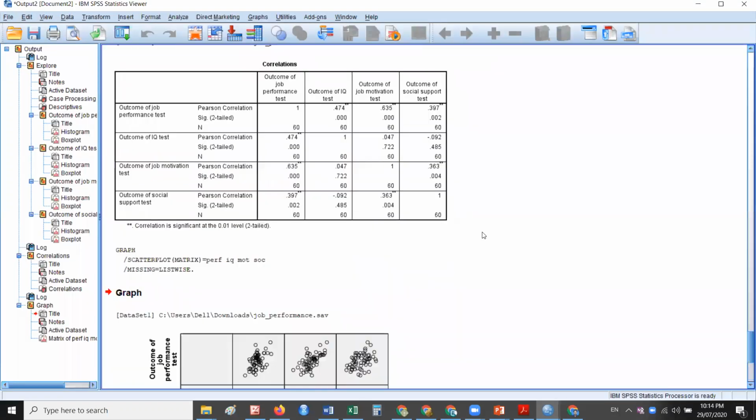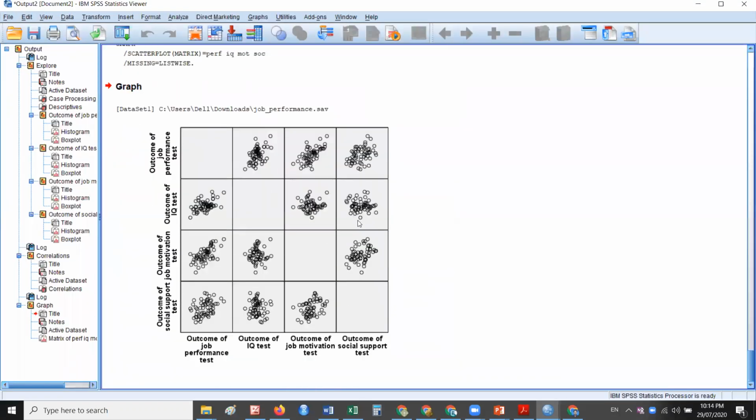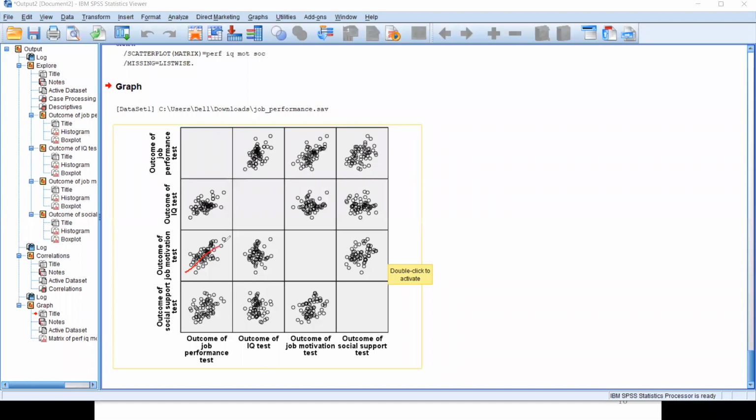Just click OK. We have this matrix. This matrix is indicating that all the correlations are positive. We can see that these are positive, here are positive correlations, these are positive, and so on. This one is not too nice because it is about zero correlation. This is a good correlation, this is a good correlation, and so on. Some correlations are good, but some are not, like this one is becoming zero.